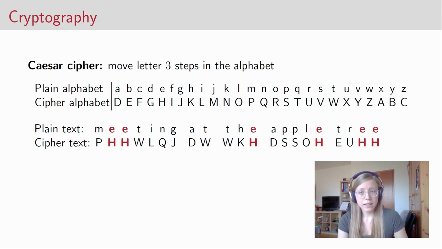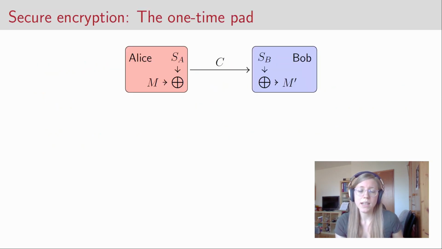But fortunately, there are encryption schemes which are provably secure. One of them is the so-called one-time pad, which I will explain to you in the following. First, I will show you the setup. This is a very typical setup that we will encounter very often throughout this seminar. Every time we have some protocol that involves 2 parties who want to communicate with each other, we usually call them Alice and Bob.